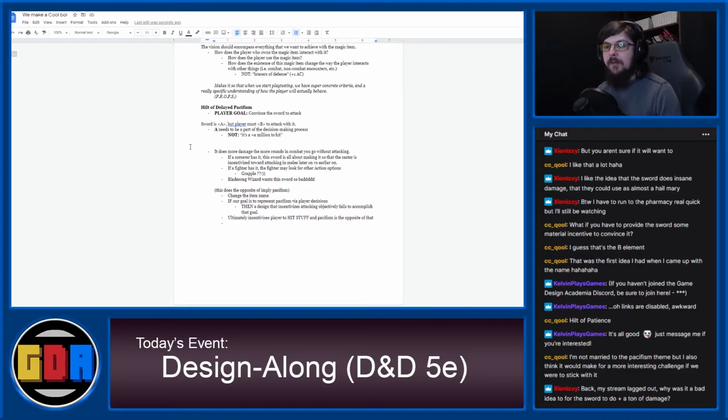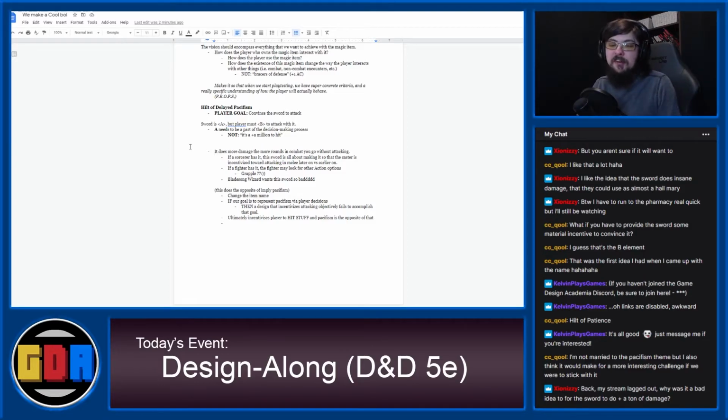Basically, by giving the sword just flat additional damage and then making you go through a process to get the sword to attack, you create a situation where you're forced to balance the damage output with the other thing that you do. And now we're in a weird position where we're already talking about balance when you don't even know what the design is yet, really. And that's usually a bad sign, because it means that you put yourself in a situation where you're basically just like,